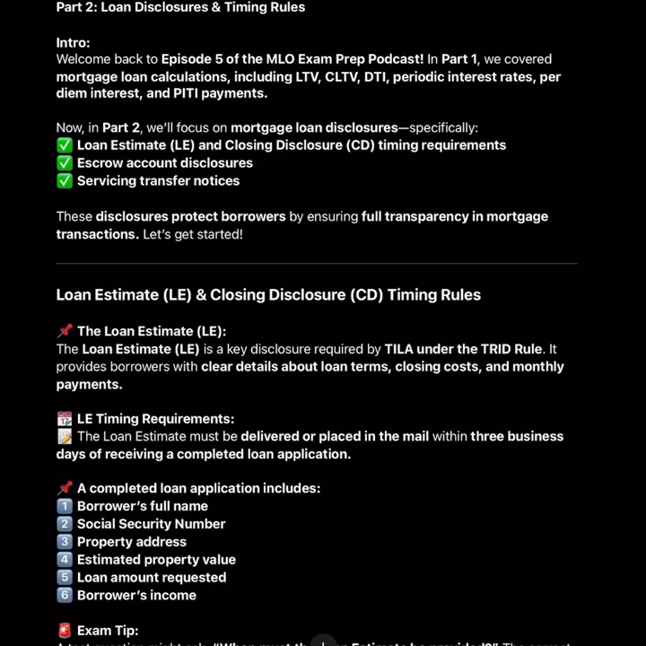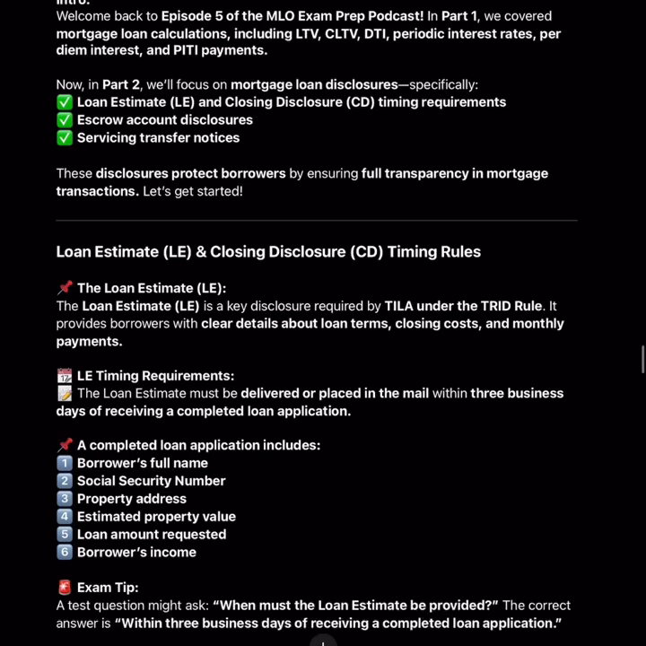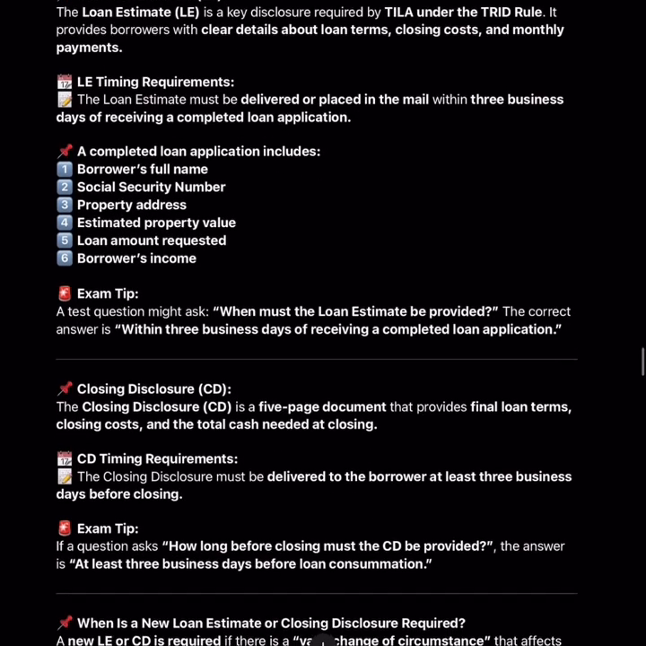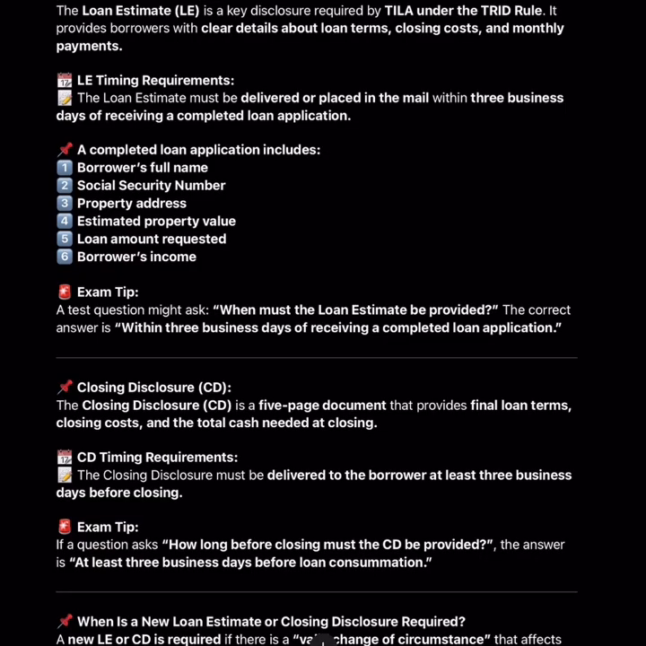Let's get started. Loan Estimate and Closing Disclosure (CD) timing rules. The Loan Estimate (LE) is a key disclosure required by TILA under the TRID rule. It provides borrowers with clear details about loan terms, closing costs, and monthly payments. Other timing requirements: the Loan Estimate must be delivered or placed in the mail within 3 business days of receiving